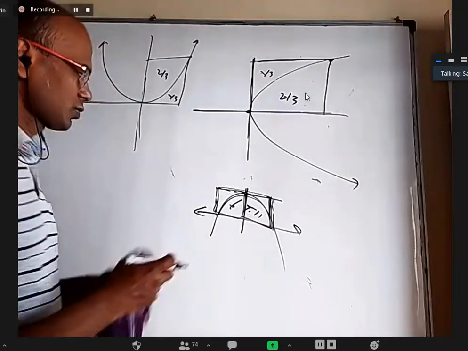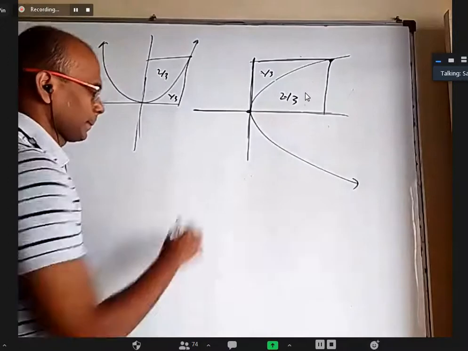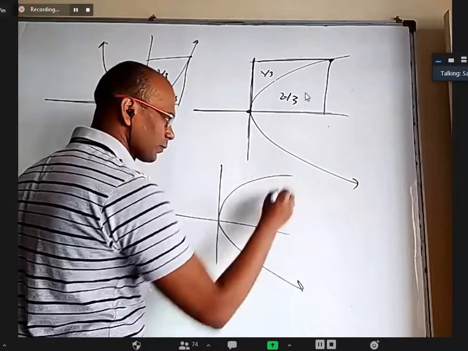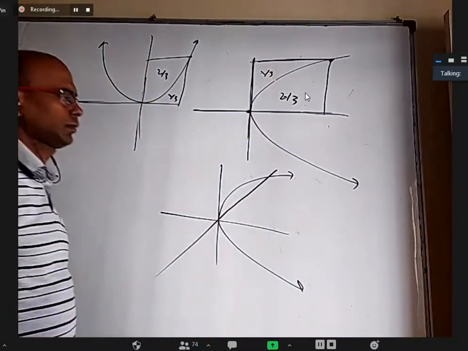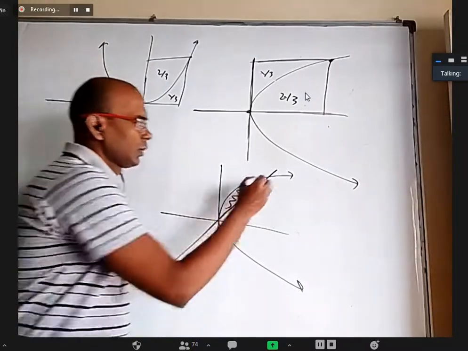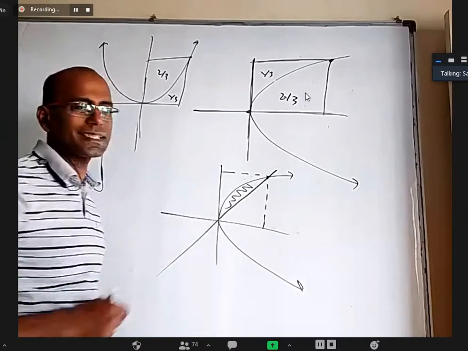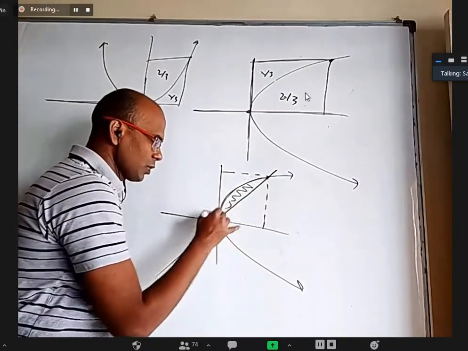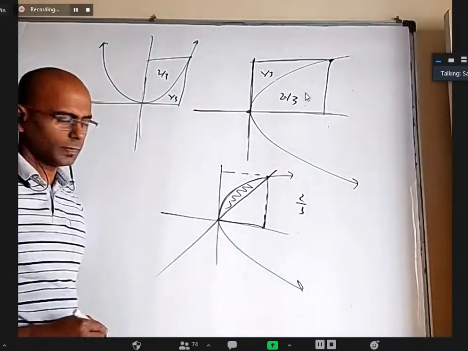Based on this, we're going to see some more things, but let me tell something else also. Let's say I have a parabola and I have a line. I want this area. When you take the rectangle area, this will be 1/6 of that. Why 1/6? This total area is 2/3 of the rectangle, I said.